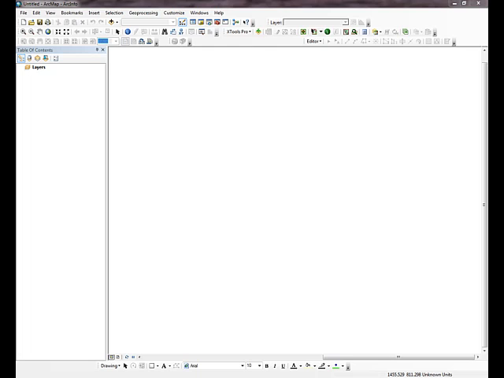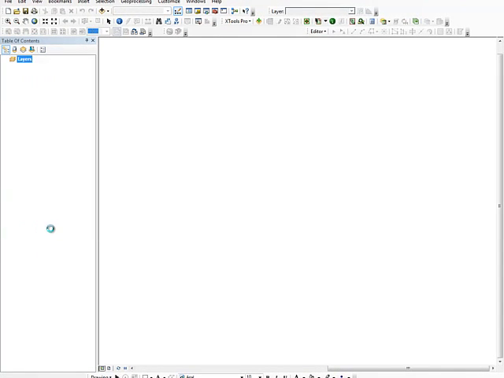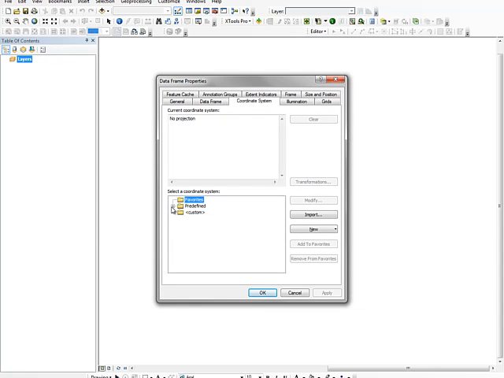So I've started ArcMap in a new session here so we can pull our data into it. And the way we want to do this is we want to add this data as what we call XY data. Before we do that, let's go ahead and define a projection for our data frame, and we want to set it to be the same as the projection that we use for our XY data that we're going to pull in. So we right click on layers, go to properties,